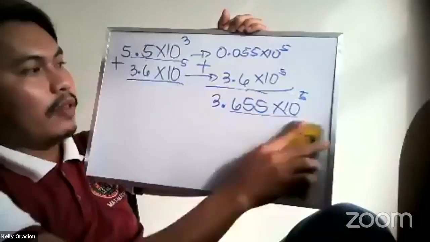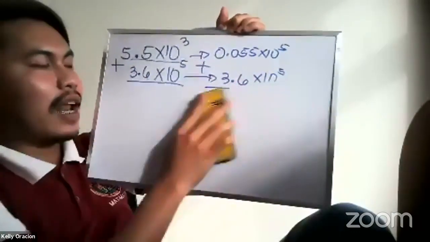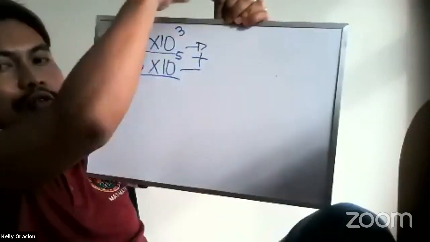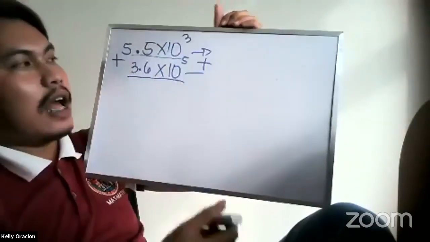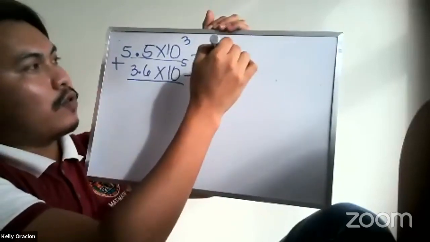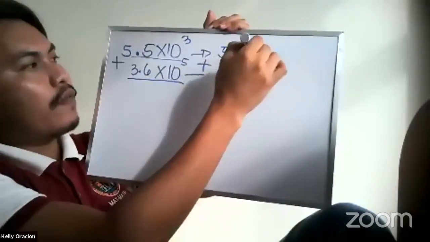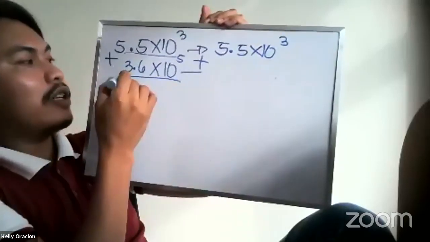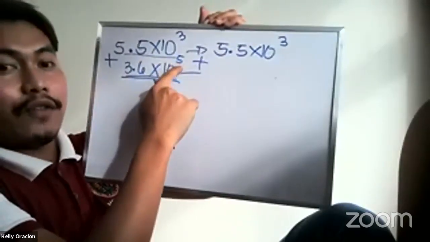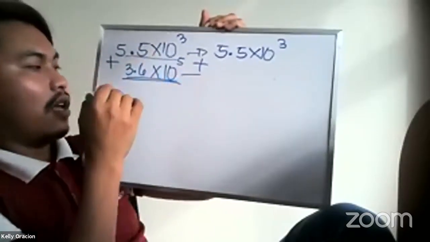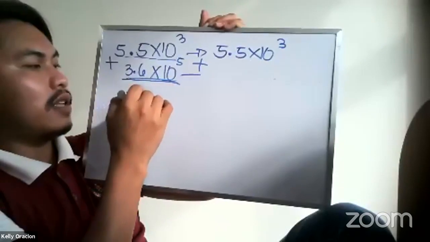Sige lang, Des. Sige, let's have the another way, yung sinabi ko kanina. Okay. So, ito yung good question ni Perez kanina. What if si 3 ang ating i-follow? So, it's not only 5.5 times 10 raised to. What if si 3 ang i-follow? So, ito yung ita-change natin. Itong 5, gawin natin 3. So, 3.6 times 10 raised to